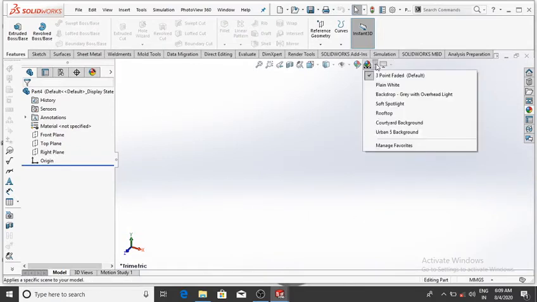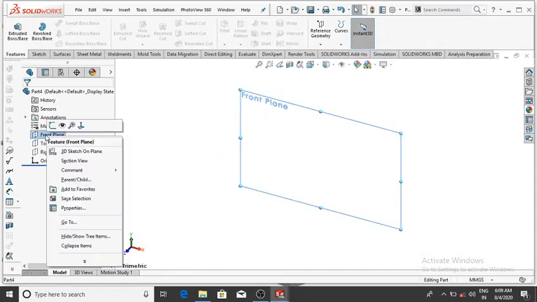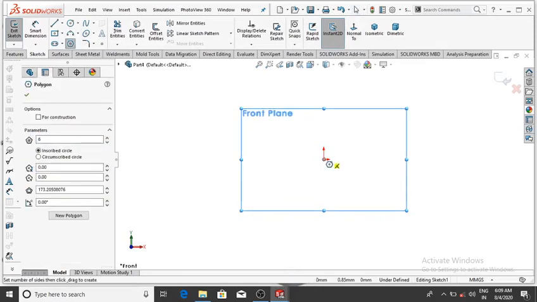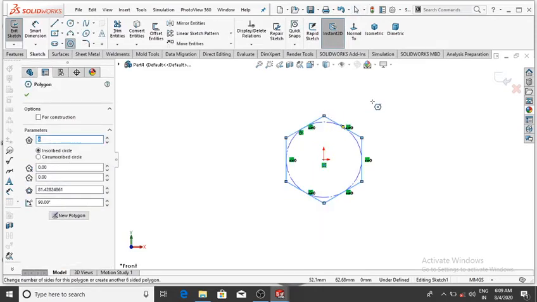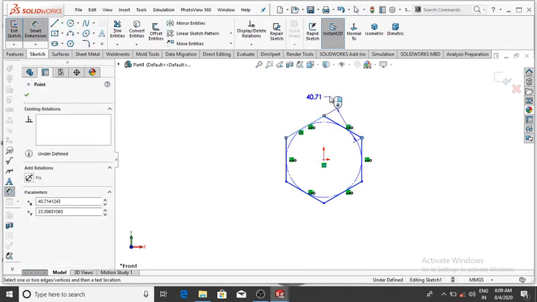make it plane white and select front plane, right click, sketch, and select the polygon from this point and go to the smart dimension from this point to this point.